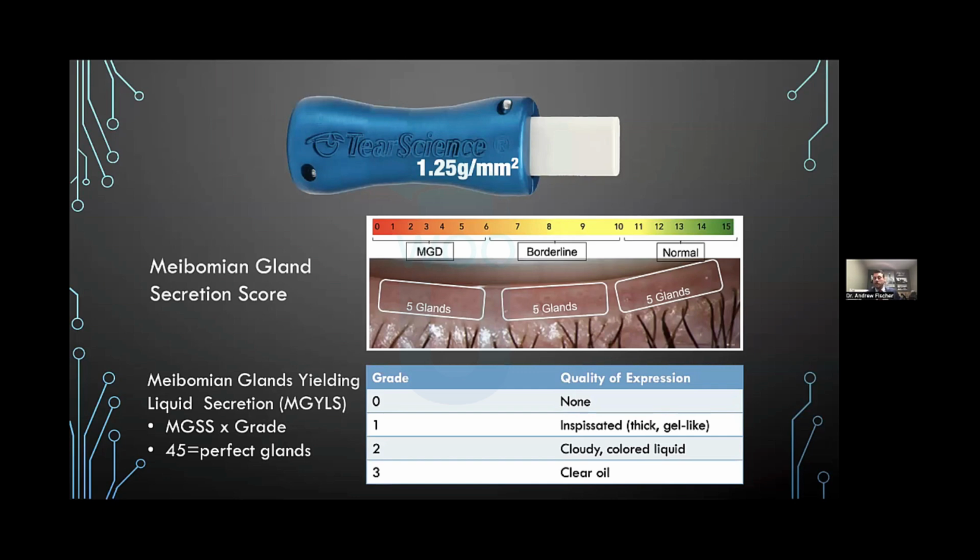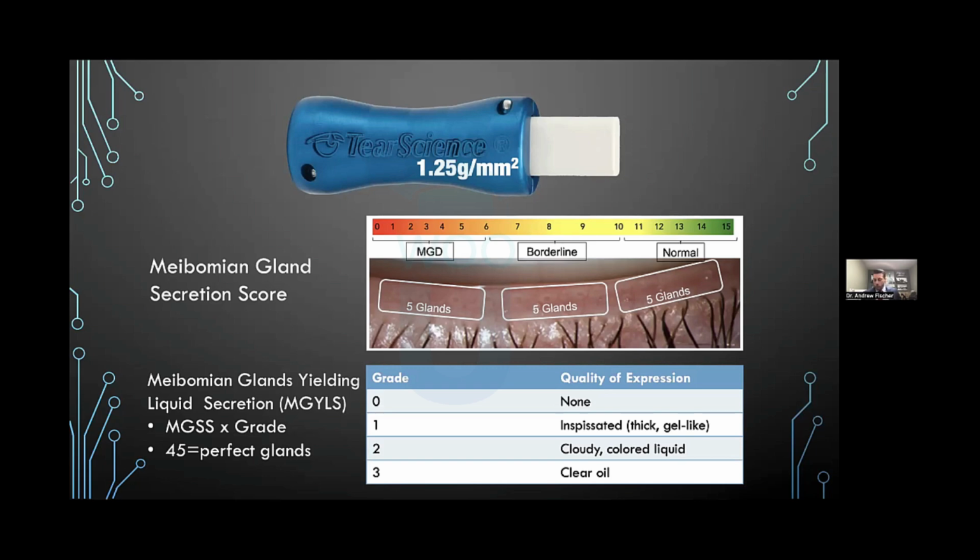We do need approximately 6 functioning oil glands with thin oils coming out of them on the eyelid to maintain the homeostasis, the proper lipid layer on the anterior surface of the eye. 6 to 10 is kind of in this borderline gray area that patients generally do pretty well here, but I'd really like to see a patient that has 10 or more functioning glands with gland quality scores of 2 or 3. So if a patient, when I'm doing my meibomian gland evaluation, has 6 glands per eyelid, I typically will discuss we need to do some intervention.